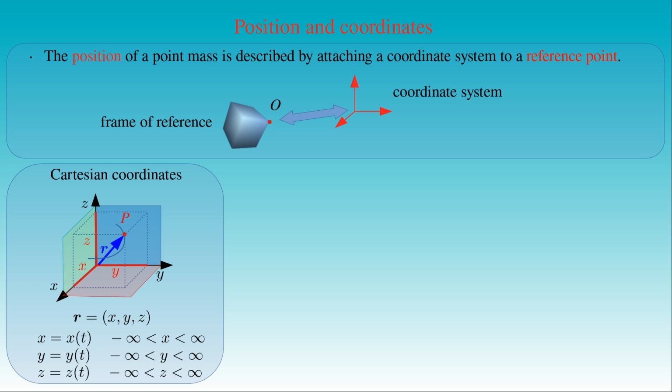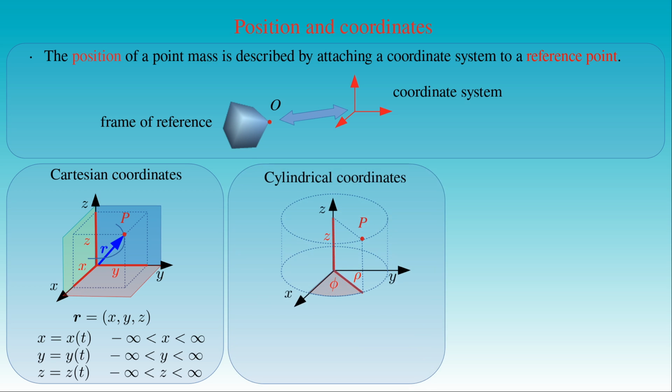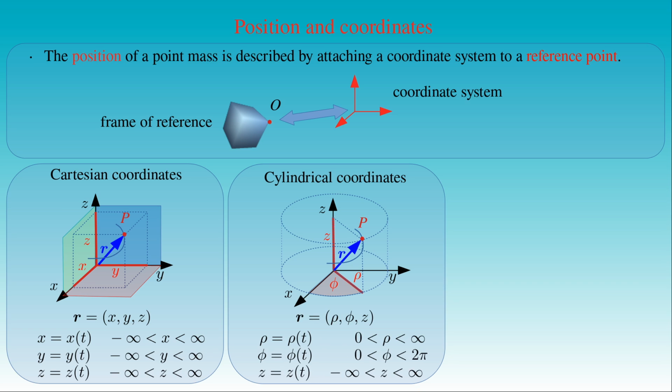The next coordinate system we mentioned was the cylindrical coordinate system with the coordinates ρ, phi, and z. These coordinates are interpreted as functions of time when we describe any point P on the curve along which the point mass moves. Then the position vector r of the moving body is represented by the coordinate functions ρ(t), phi(t), and z(t). Here the range of z still covers the entire real line between minus and plus infinity, but ρ is restricted to the non-negative numbers, and the azimuthal angle phi runs between 0 and 2 pi.